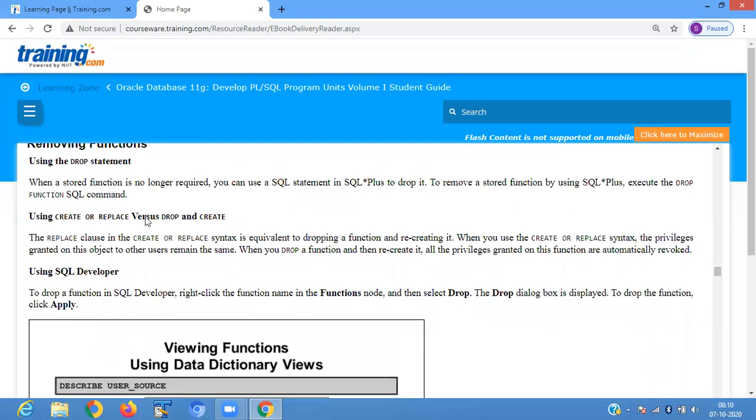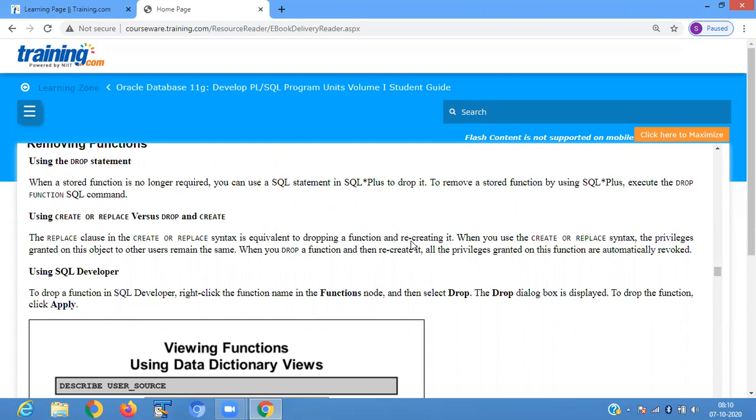Then, using CREATE OR REPLACE versus DROP and CREATE. The REPLACE clause in CREATE OR REPLACE syntax is equivalent to dropping a function and recreating it.